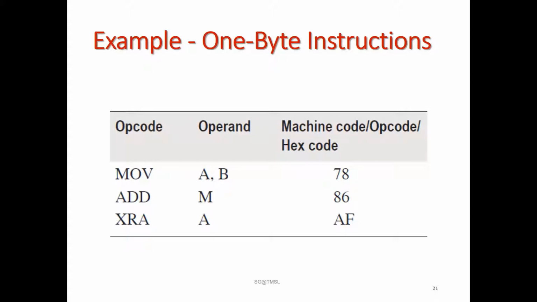The predefined memory address was there, so the starting point was fixed. But if you would like to perform the same experiment using the trainer kit which is in our lab physically, you need to specify the address. What is your starting memory address, from where your program is started? You have to specify that address. But in the simulator you don't need to give the starting address. It is already predefined and you have to write the instructions, so it will start from that particular position and execute the instructions sequentially one by one. Is it clear? That is the difference between using a simulator and using a physical trainer kit.